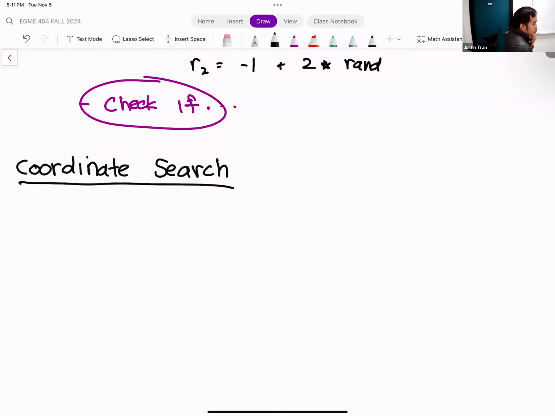So the idea with coordinate search is actually very similar to random walk. In coordinate search, again, you're going to start from an initial point, and then you're going to optimize the function by taking steps from that initial point.